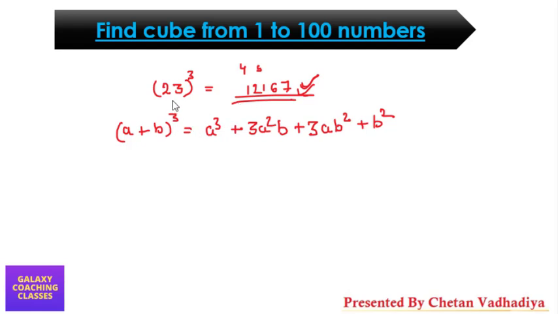So how have I done it? Let me tell you what you need to do. You just need to do whatever I am telling you. First, you need to do the cube of the last term. The last term cube is 27. So I wrote 7 at the last. Then the 2 I took as carry.